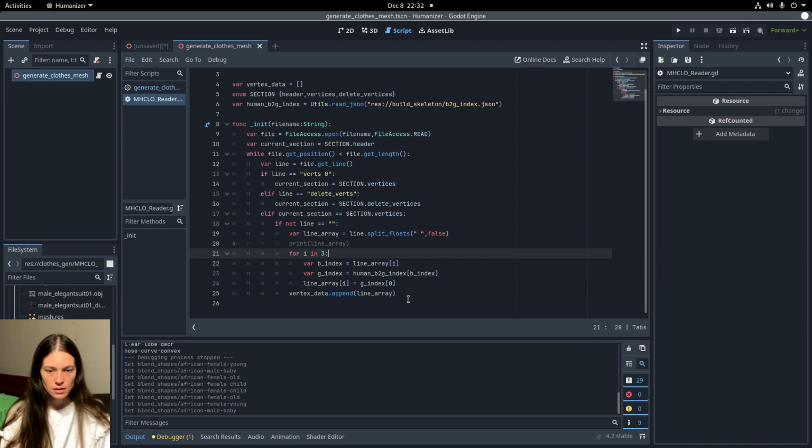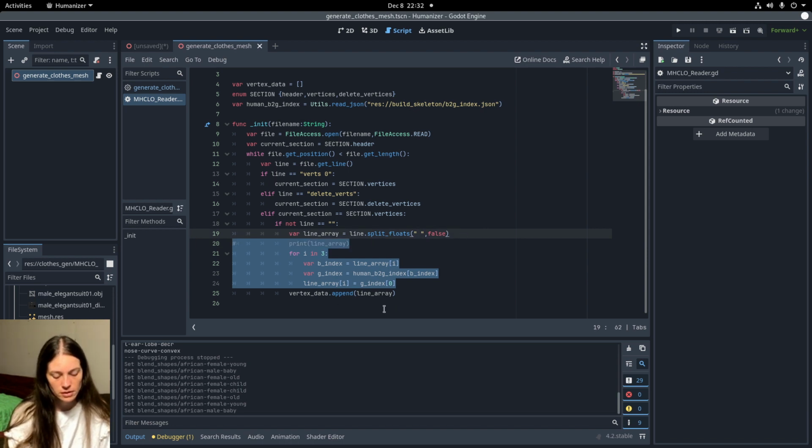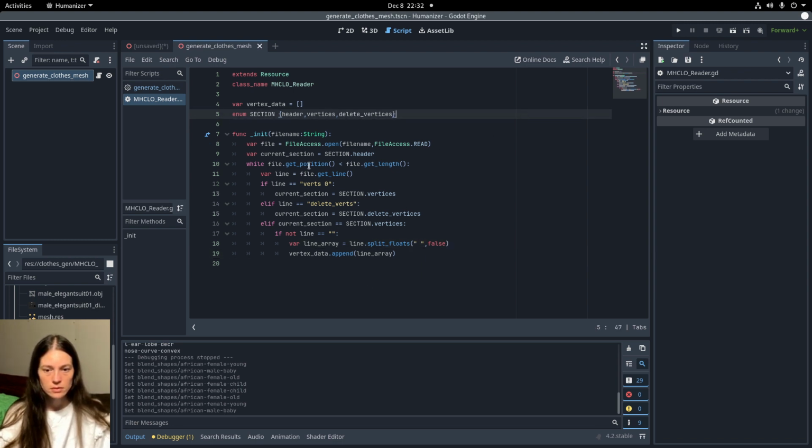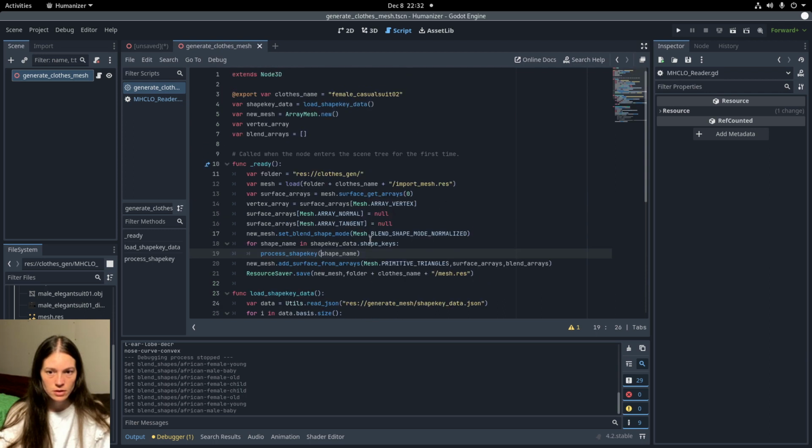And here I was converting from the Blender index to the Godot index, but now since I'm using the shape key data, which I preserved the original Blender index, I actually don't need to convert that anymore. So I'll get rid of the Blender to Godot index,